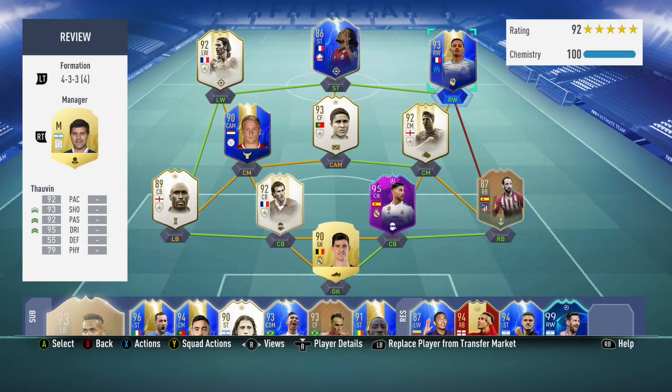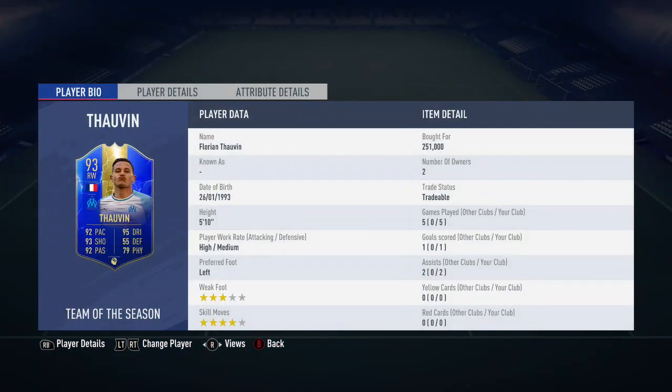In this video I'm going to be reviewing the 93 rated Ligue 1 Team of the Season Thauvin, and this card does look pretty awesome. He did cost me 251,000 coins in the 5 games that I played with. He scored me 1 goal and got me 2 assists, and he does have a 3-star weak foot